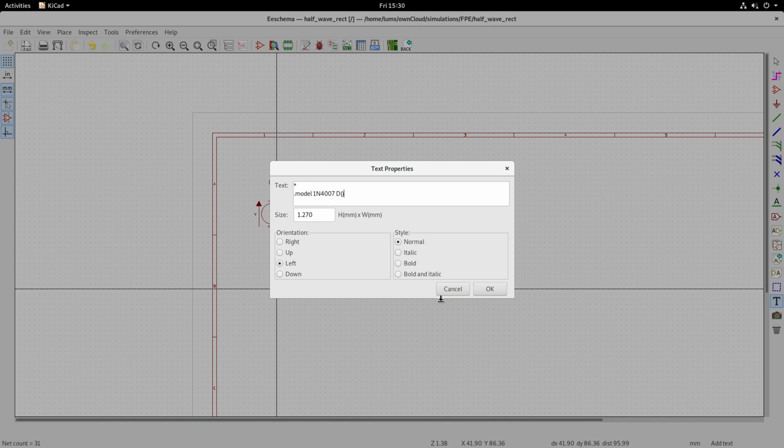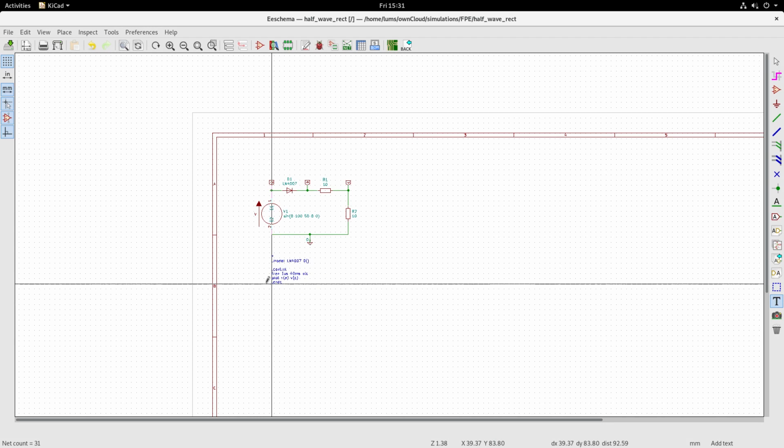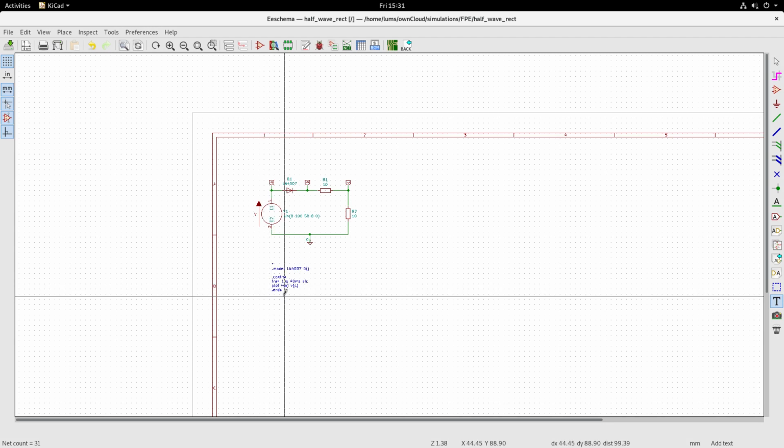I'm just going to make it a default diode, and I am going to include dot control dot endc, and in between that I am going to include transient analysis 1 microseconds, 40 milliseconds, and also plot VA and VC. And we close this. So you see that I will place it here.